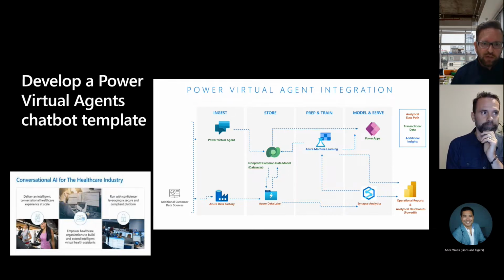Power Virtual Agent template that was available to healthcare providers so that incoming patients could essentially go through the healthcare bot, go through a series of questions and answers to identify if they had COVID symptoms, what's the appropriate next best step to take, and then it very quickly piped them off to a healthcare provider should they need that further intervention. And so that's a great example of how we can scale this kind of AI to really augment a large number of staff.